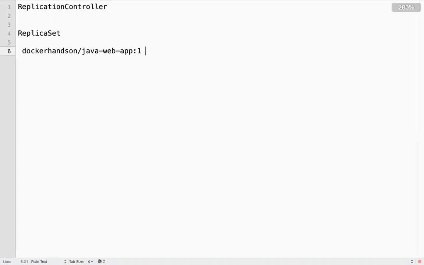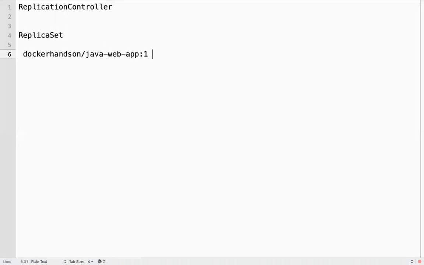And let's assume there is a change in your latest code. Now you want to update your Kubernetes pod. Your pod container is running on this image, right? So if you just update your replica set with the latest image, another image, it will not update. Your pods will not be updated. Your containers will not be recreated with this image.